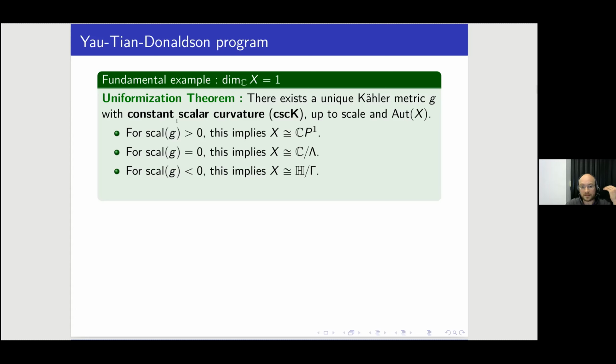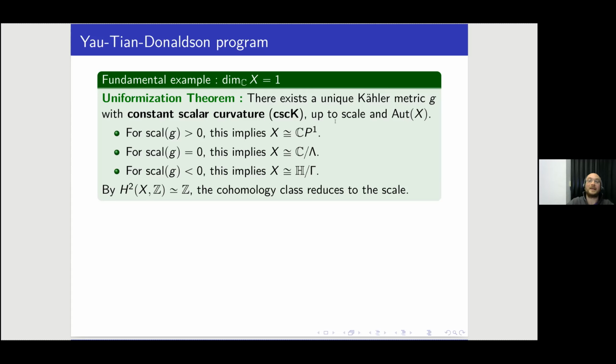And all this is given by the existence of a constant scalar curvature metric, okay? Which is our notion of canonical metric here. And just a remark, here the cohomology class does not appear because H2 of Z is simply Z, right? And the cohomology class reduces to the scale. So actually here, the role of the cohomology class is simply